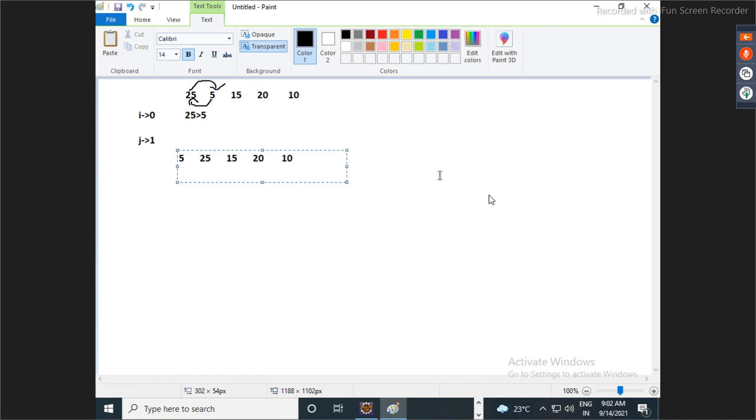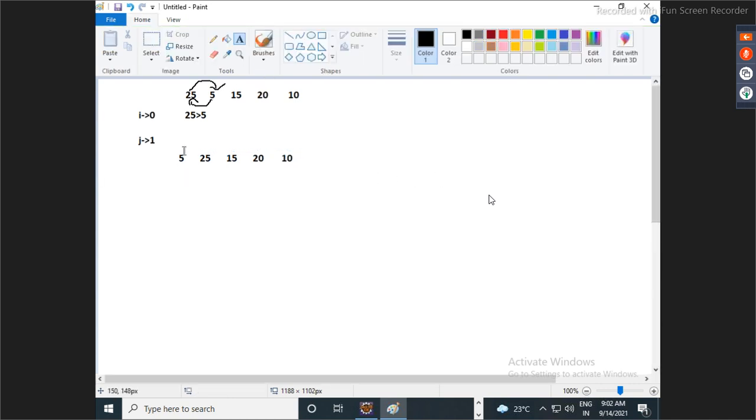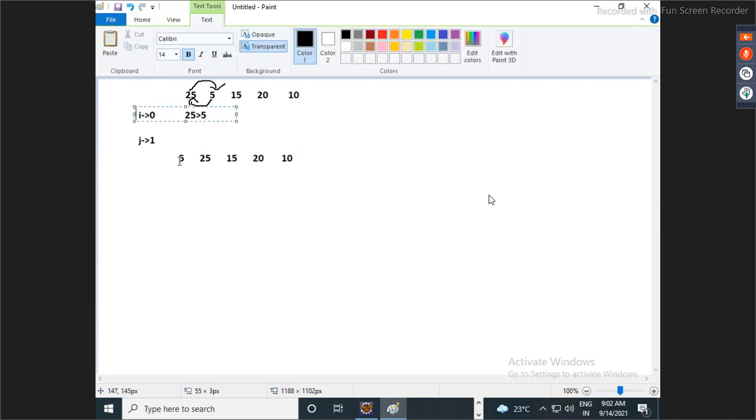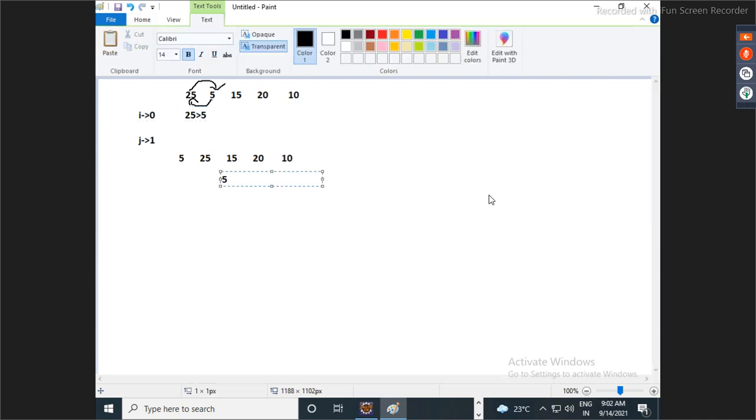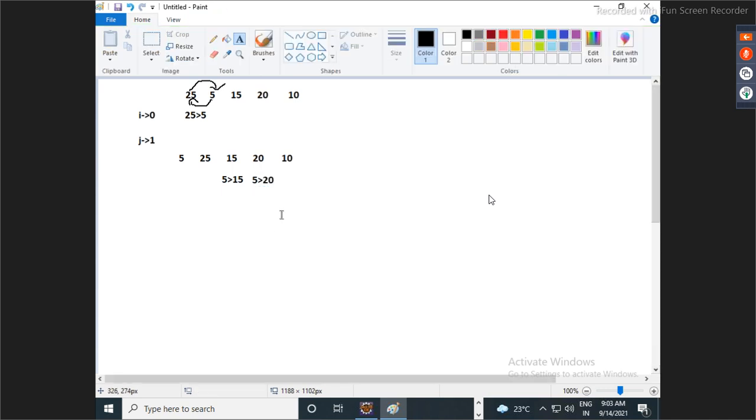Okay. Now take next. i value is still 0. j value is increasing. So next j value is 2. Is 5 greater than 15? False. No change. Next. Is 5 greater than 20? No change.